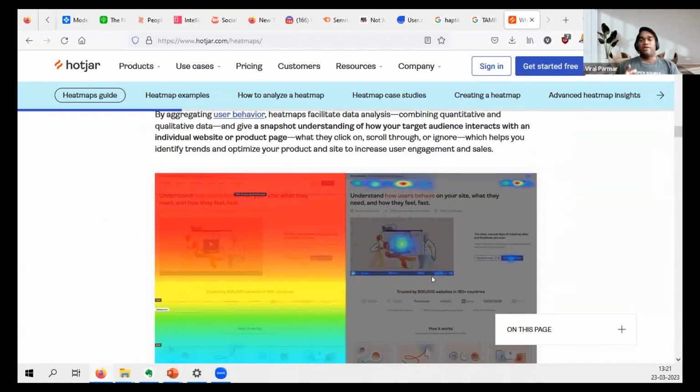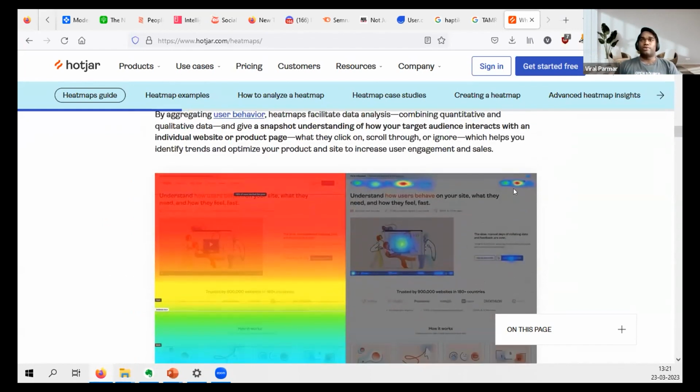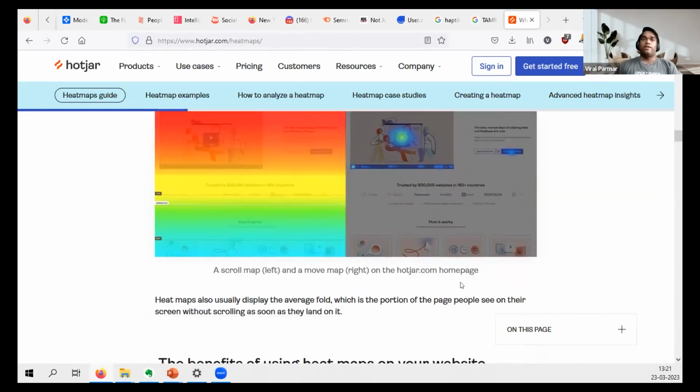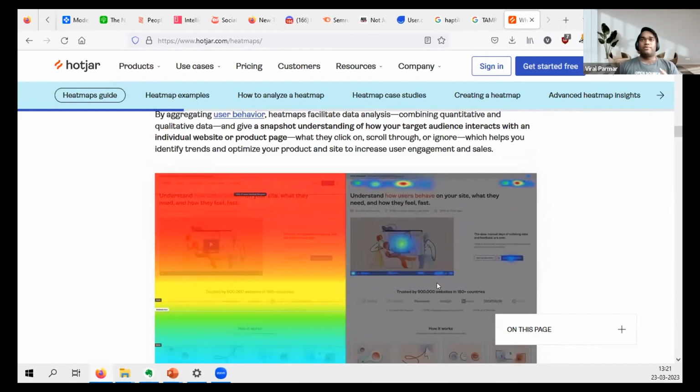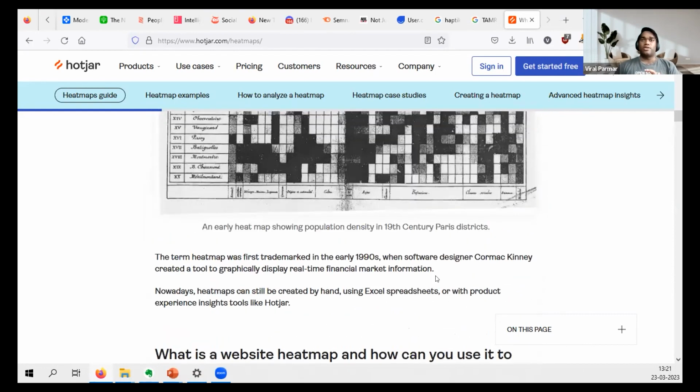Now how are people behaving, where are they clicking, what is the behavior of this particular person on your website? You can see the heat map here, where they are interacting most. So this is a different website, different agenda. I was talking about something else, but yes, this is also there.